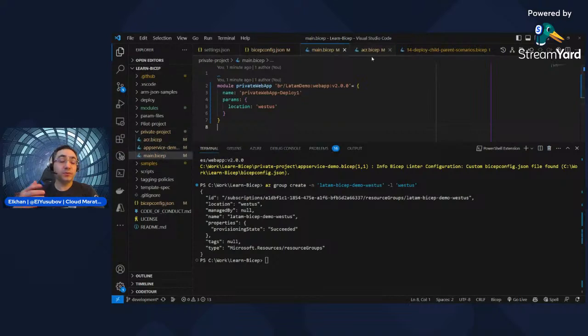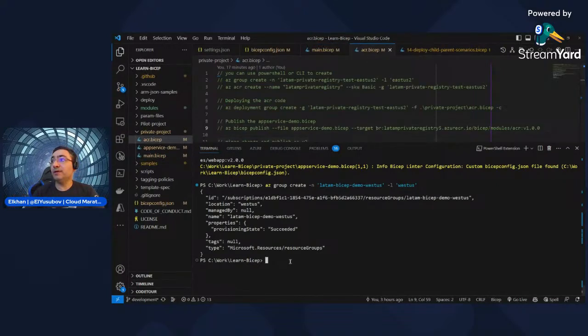So to do that, I'm going to go back and type my command az deployment group create. Now we need to put the